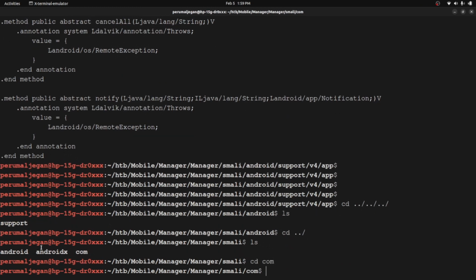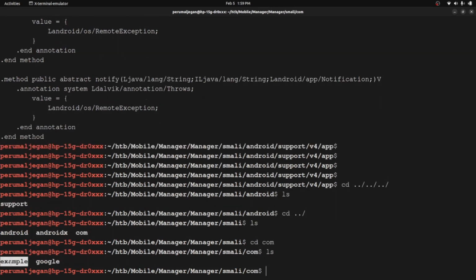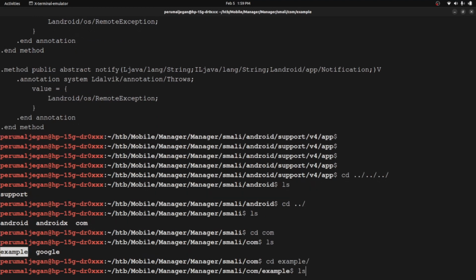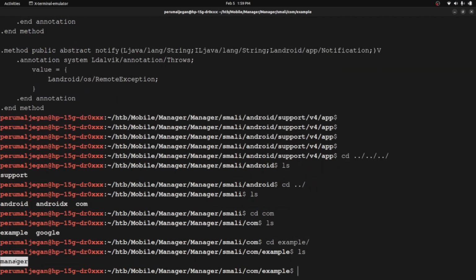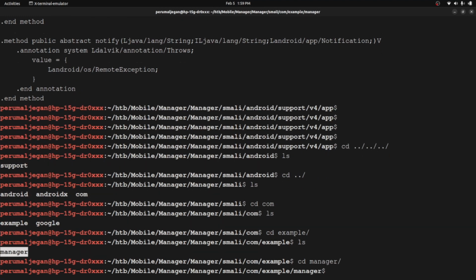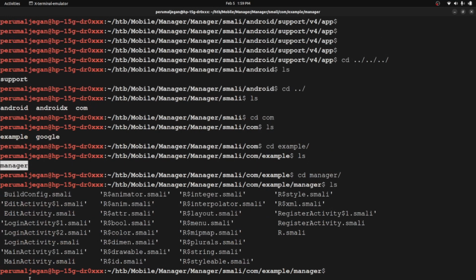Now let me get into this com directory. I feel both android and androidx are the same, so I'm just getting into com, and here you can see there is a folder called example. I'm getting into this, and here is a folder called manager. So it looks like this is the folder that contains the files related to our application. And from seeing the file names, you'll get an idea about what the application does: build config, login activity, and main activity,